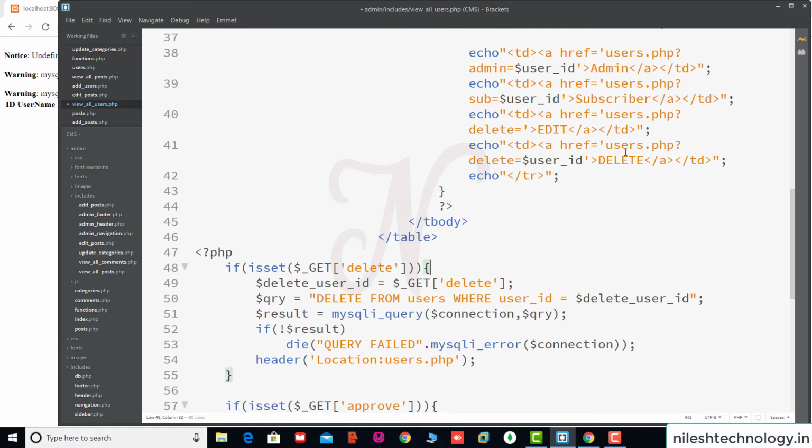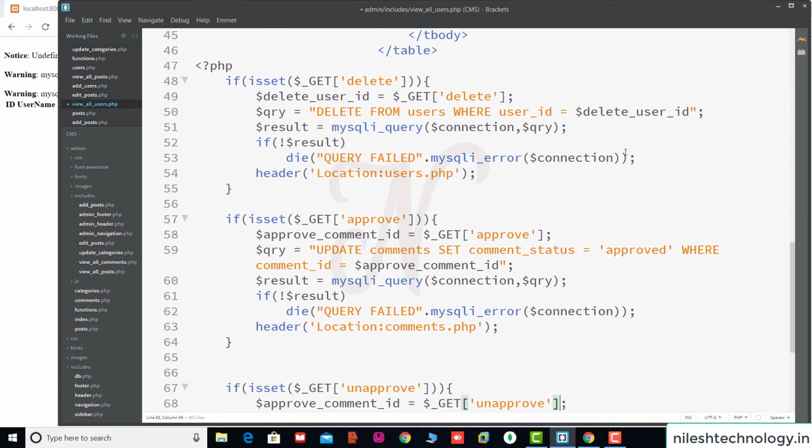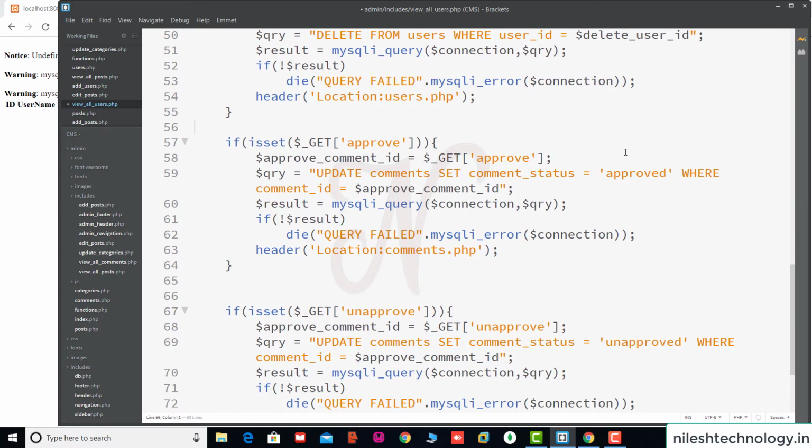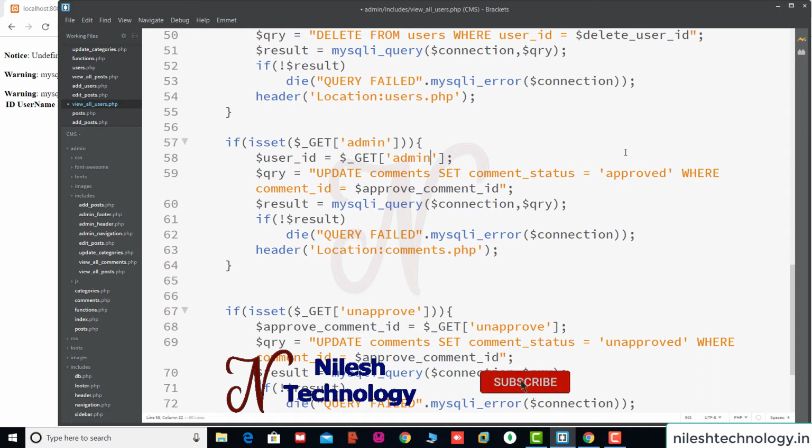Okay, see here in these two sections we change, here we replace the approve with the admin. So this is the approve, this is the user id, this is the admin.